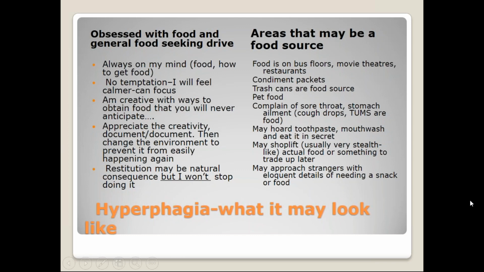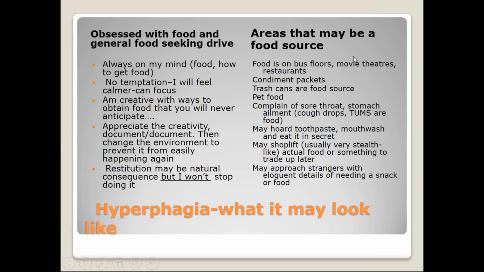So I guess it highlights, I don't want to say that situation is very unique in where he was, but remember, the natural consequence, even if it's severe and extreme, will not change the drive for food and the hyperphagia and the length that a person will go to get food, okay? It doesn't mean the person can't learn. Some folks may, but let's not assume that that will change the behavior.